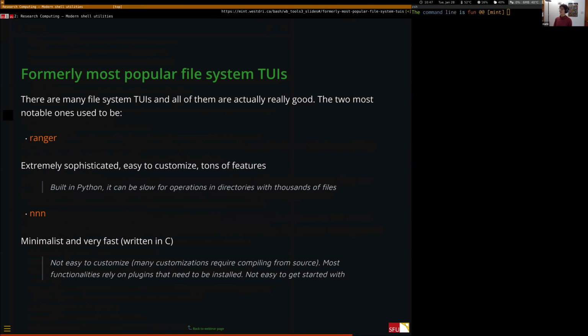But the ones I'm going to talk about today are the ones that allow you to search your file system, meaning everything that has to do with your file system. So looking for a file, copying a file, renaming a file, moving a file, creating a file, creating a directory, navigating your file system, all the stuff that you would do in GUIs such as Windows Explorer or Finder. You can do that in the command line without using a TUI by using Zoxide and the cp command and the rm command and the pwd command and all of those. But